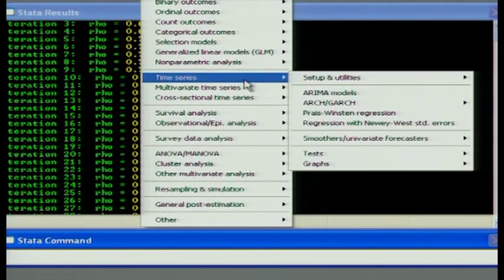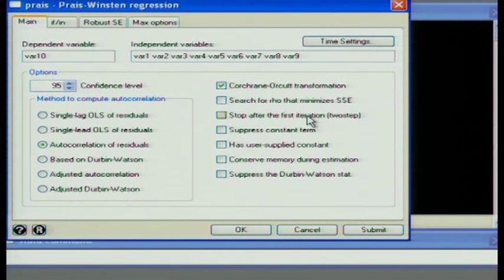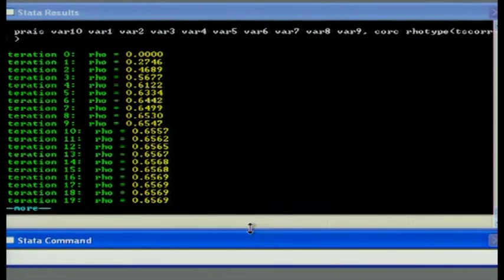In Stata, you go to time series and apply Prais-Winsten regression, and look at this Cochrane-Orcutt transformation. There is this Cochrane-Orcutt transformation, and you click OK. Now see the iteration, remember this row starts with 0. So you regress yt on the explanatory variables, then you generate the residuals, et on et minus 1, it does the iteration, keeps doing it till you find convergence, right.